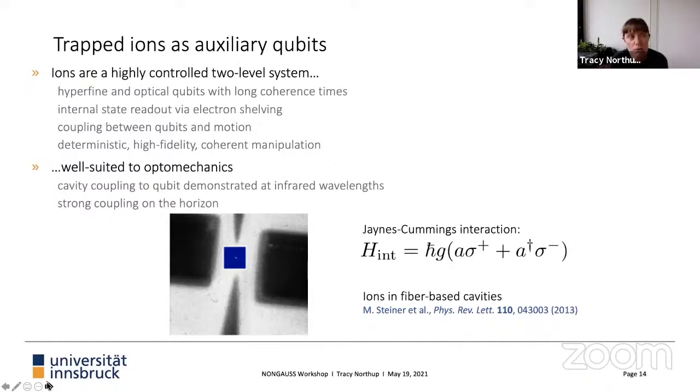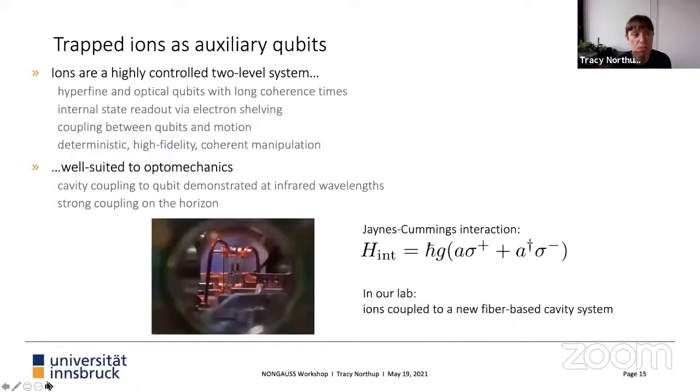This is a picture from a Physical Review Letter from Michael Köhl's group, and it's a composite picture. So there's, on one hand, the picture of the ion trap electrodes above and below, and the fiber cavity, sort of a shadow of the fiber cavity on the left and right hand side. And then inside is a fluorescence image of a little ion from my camera. So they're able to couple ions to these fiber-based cavities. And because it's such a small cavity, it lets you enhance that interaction.